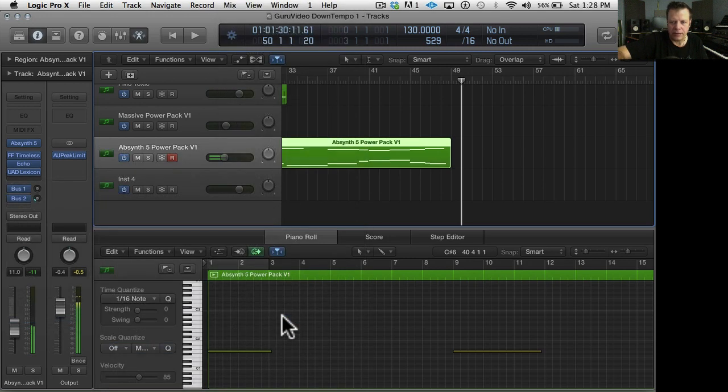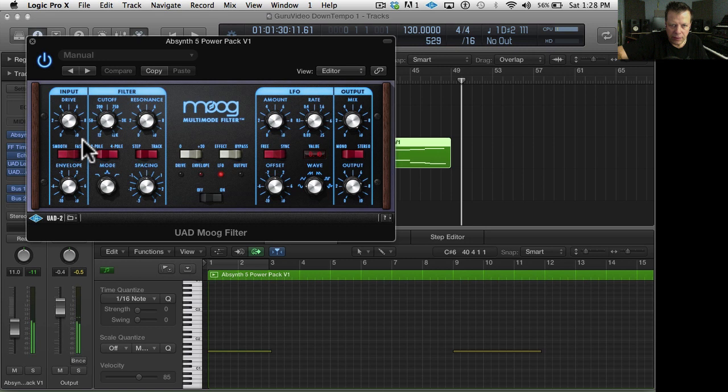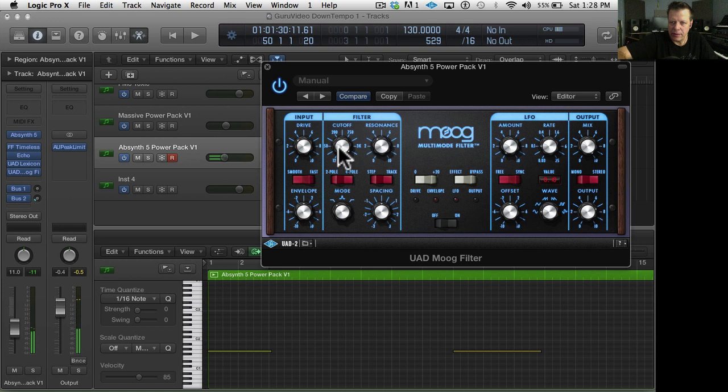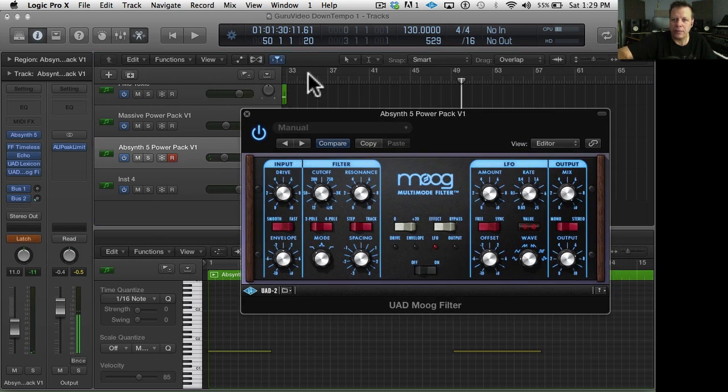Moog filter. That's going to filter everybody. Might be cool to do a little bit of that. Let's see if we can automate a little bit of that and make it cool. Just can't do too much. So here we go. So we start at the beginning.